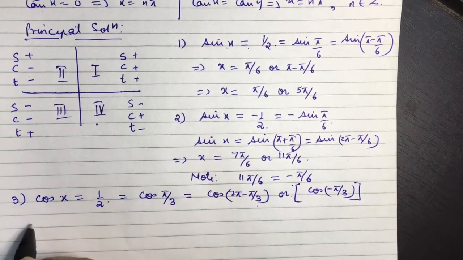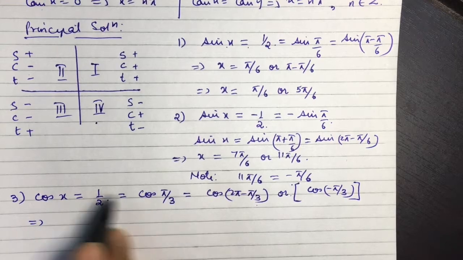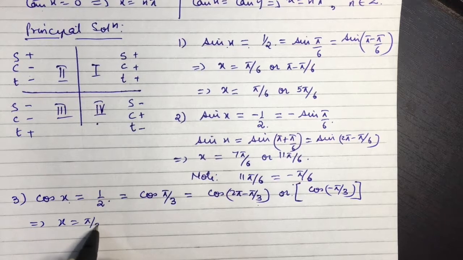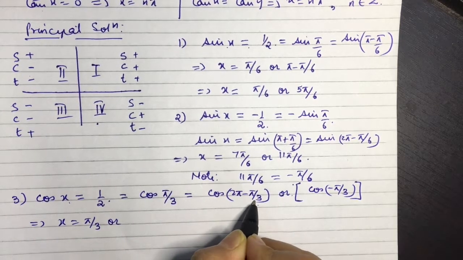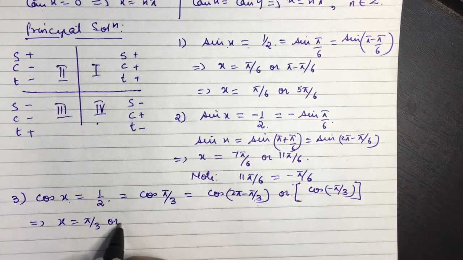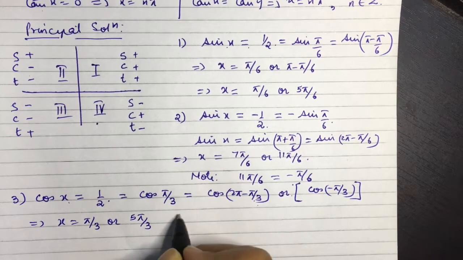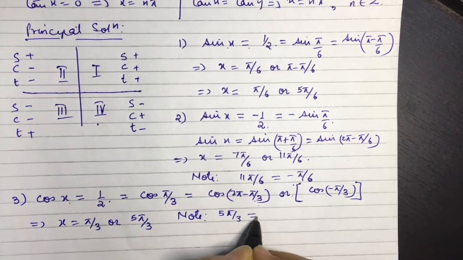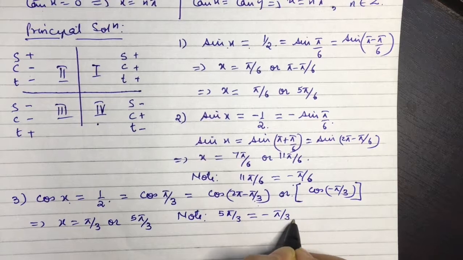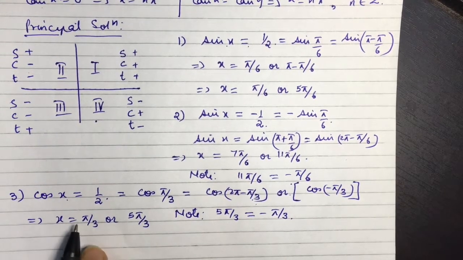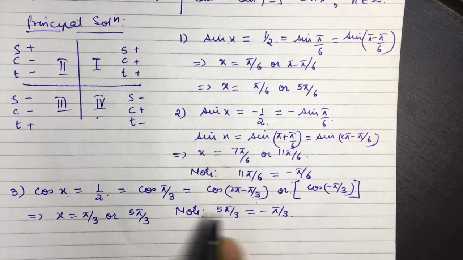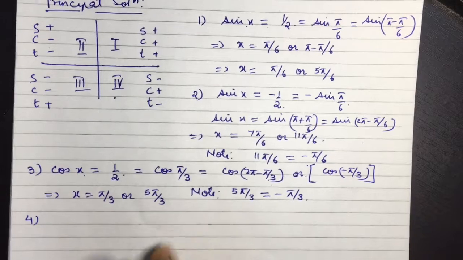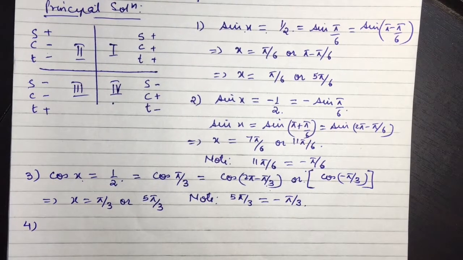Now it implies that we can compare the two cos functions. So we get the answer as x equal to pi by 3 or 2 pi minus pi by 3, that is 5 pi by 3. Here note, we could even write 5 pi by 3 as minus of pi by 3. So we could have had two answers as pi by 3 and minus pi by 3. Both are accepted. Now let me take up a negative value and see how to deal with a negative value of cos.